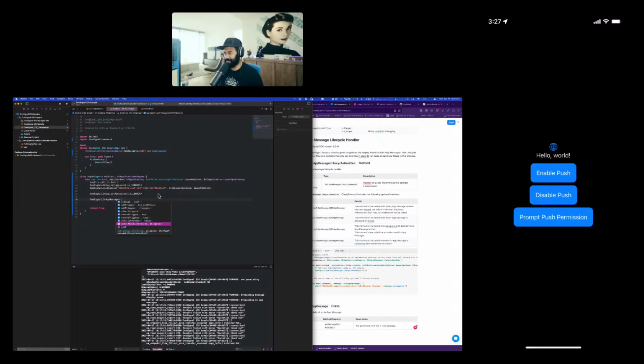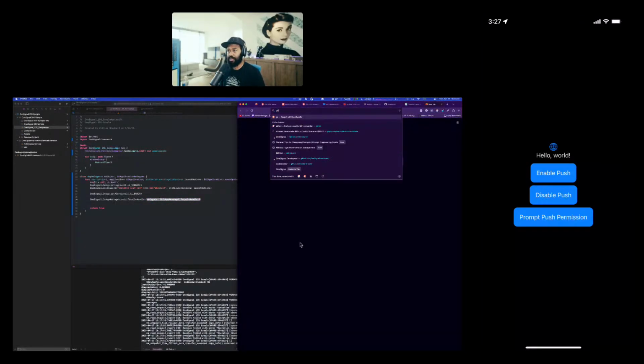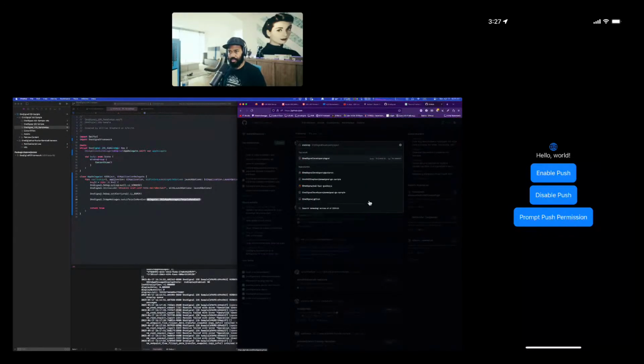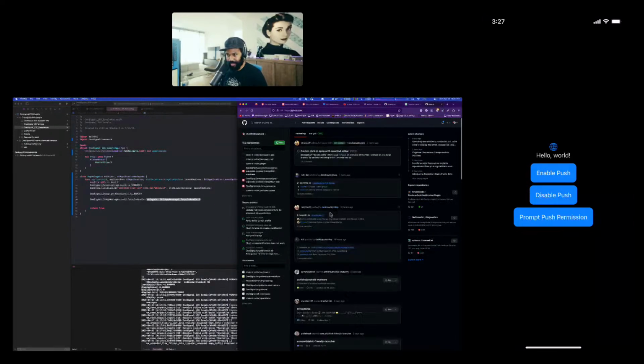Oh wait, no, here we are. It's the set lifecycle handler. Wait, what is this? OneSignal iOS. Oh, wait a minute, hold on. What was that? I just saw my... Okay, it's my former coworker.